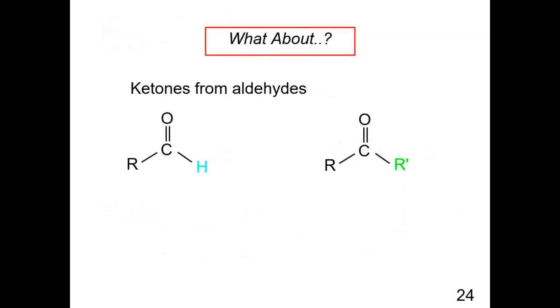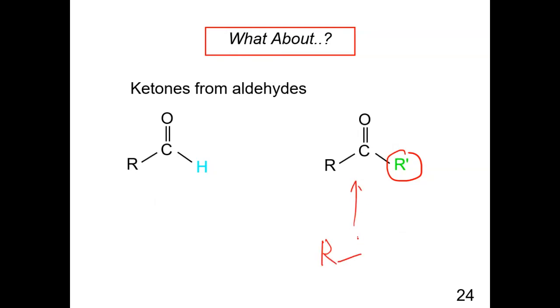And then the next question is, if we have an aldehyde, can we convert it to a ketone? Obviously we need to add a fragment with R prime, because we don't have it in the starting compound. So how do we do that? Again, there's no single step that can do it. We haven't learned that. But we know from chapter 16, if we do retrosynthetic analysis,